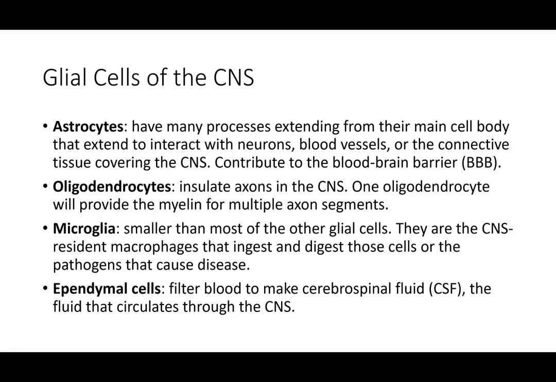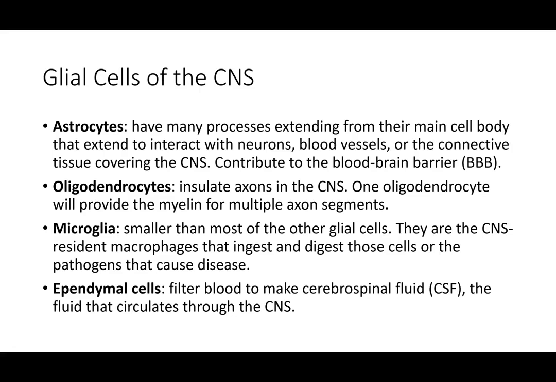And then the ependymal cells, they have a very, very specialized function. You will learn these as the choroid plexus in lab this week. Their job is to actually filter out blood to make cerebrospinal fluid, also known as CSF. And this fluid circulates through the central nervous system, through the ventricles, the central canal around the spinal cord, stuff like that. You'll learn the ventricles in lab this week also, but we have these special cells located within that